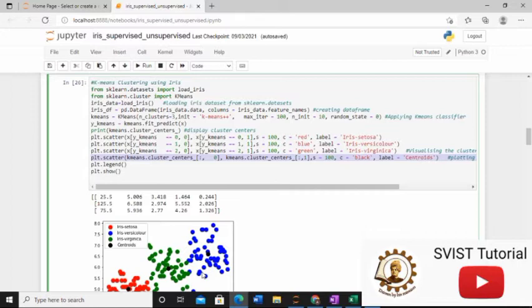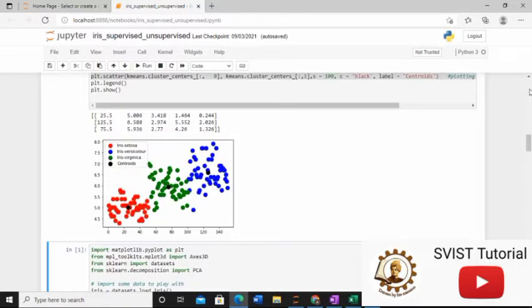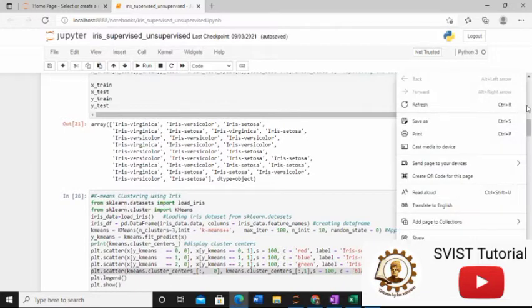And the third thing, we have to understand what kind of algorithm it is. Supervised, unsupervised, or semi-supervised, or reinforcement learning. So we have 4 kinds of learning mechanism in machine learning. So the kind of algorithm, what kind of algorithm it is, we have to understand these 3 points. So this is our main objective. So I think it is clear that this is our final output of K-means clustering that we are expecting from our dataset. So we are going to group this one.